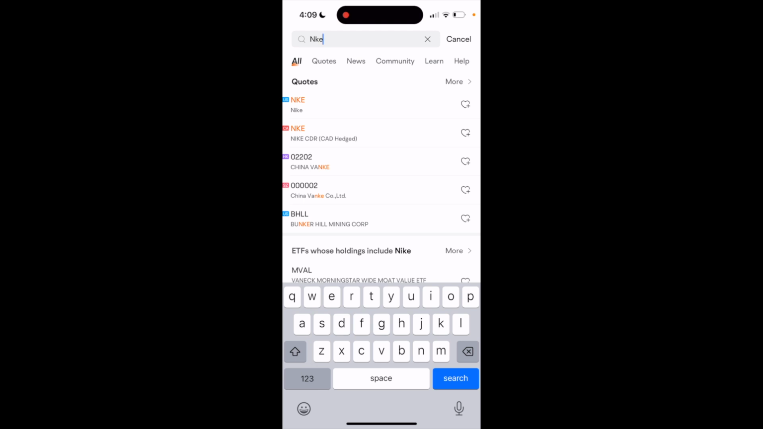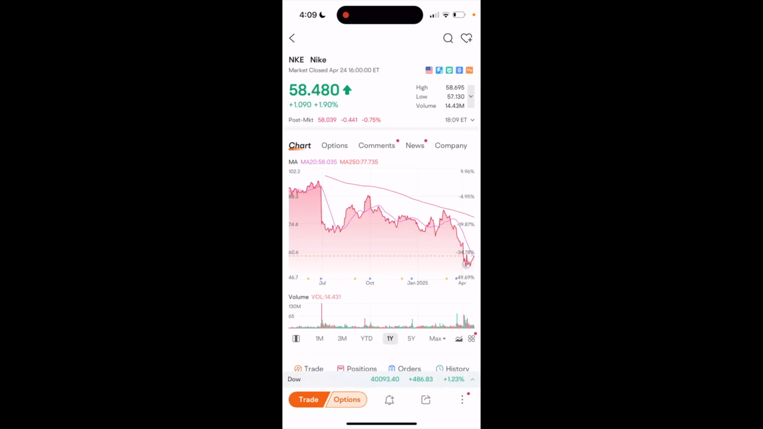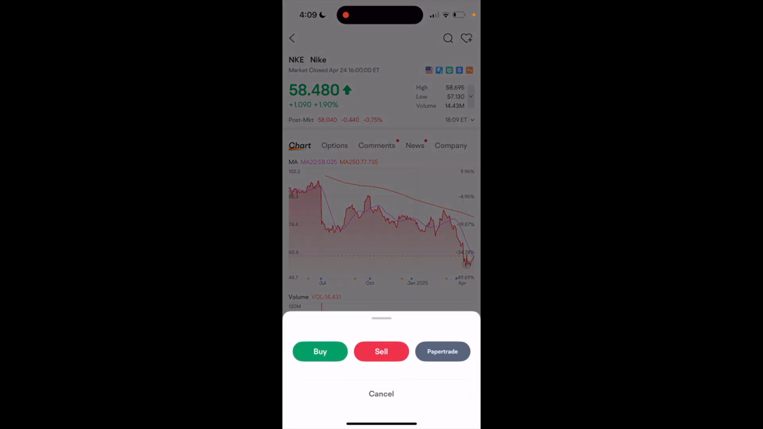At the top, there's Nike. Now, there's the US traded one as well as the Canadian traded one. So, just for this demonstration, just do the regular one, the US one right here at the top. Once you're on this page, go to the bottom left, press on trade, and then press on the green buy